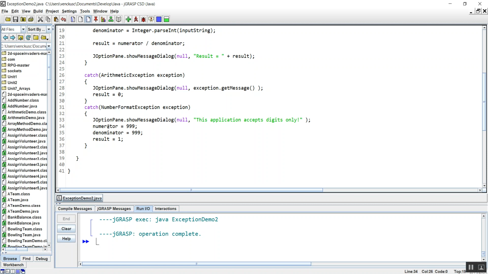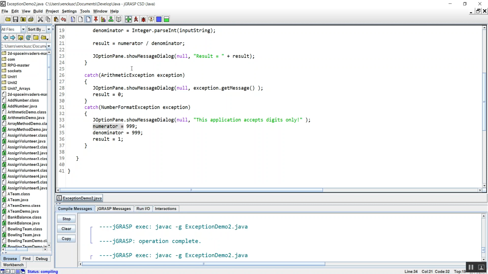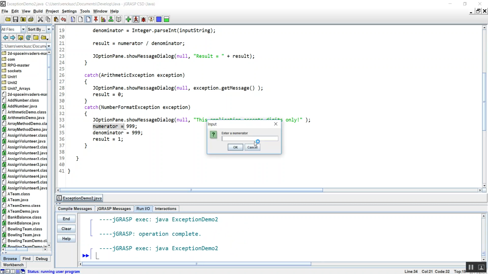Okay. And it's going to set the numerator to 999, denominator result is 0. Okay, so let's compile it. Already did that. Let's run it. And we'll do what we did before. I'm just going to enter a letter A. And that's nice. That's a nicer message than the other message that I had, the generic exception.getMessage